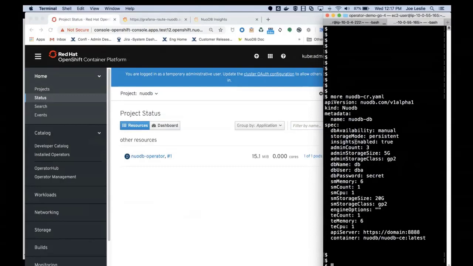I mentioned Insights. Insights is our visual monitoring tool. You'll notice here I have it set as enabled true. I'm going to start 3 admin processes. Admins is what creates a domain suitable for running a NuoDB database logically across multiple zones and multiple hosts. So it's an important part of a distributed system. Then you can see all the other details, like storage sizes and storage classes. I'm just going to be using the standard AWS